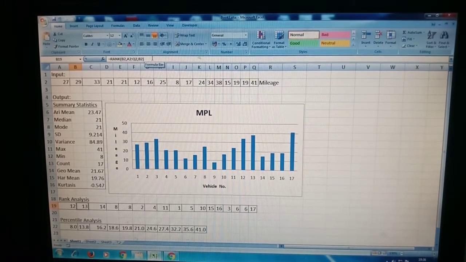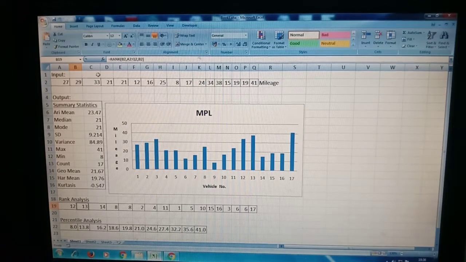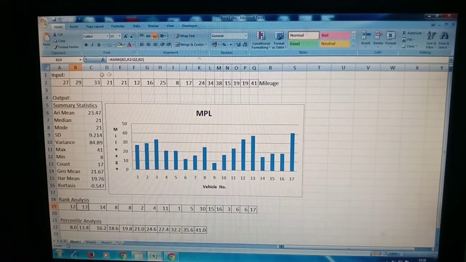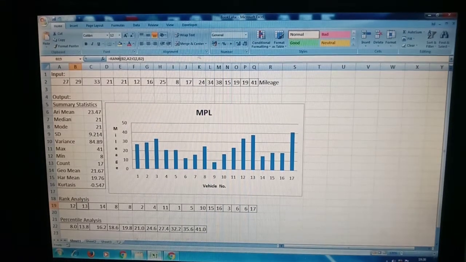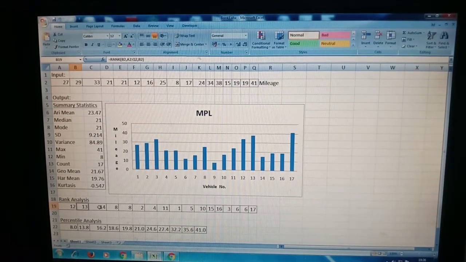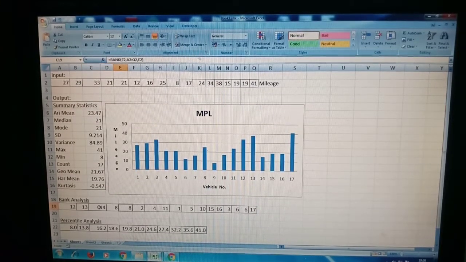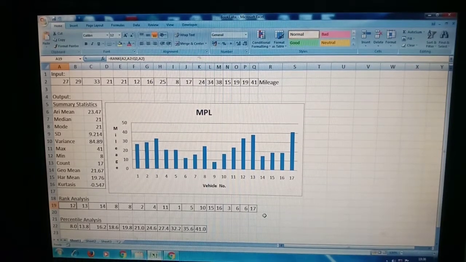Next it is B2. What is the rank of the second vehicle having mileage 29? So we are using B2 here out of these 17 vehicles. So I am giving the same range here, with B2. Next C2, D2, E2, like this. First you type the formula here, then copy the formula to the remaining cells, you will get the answer.